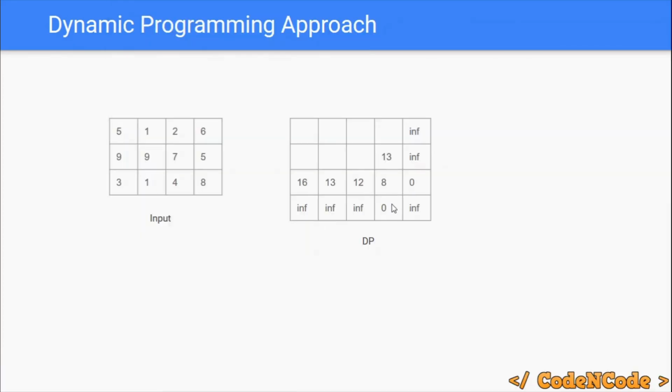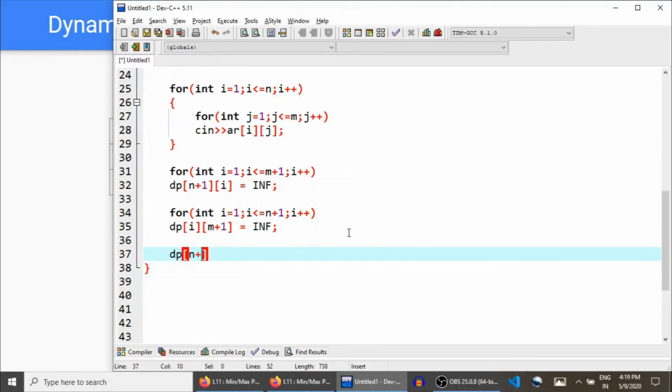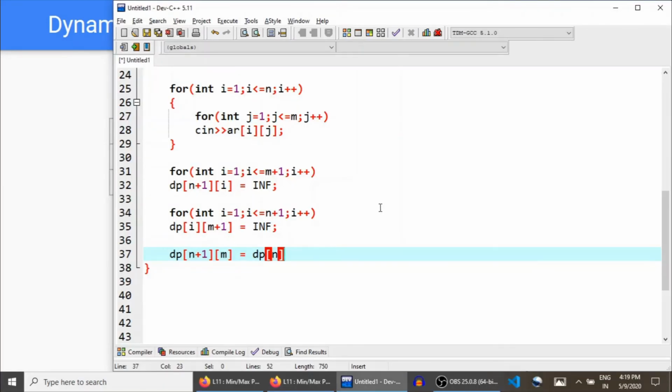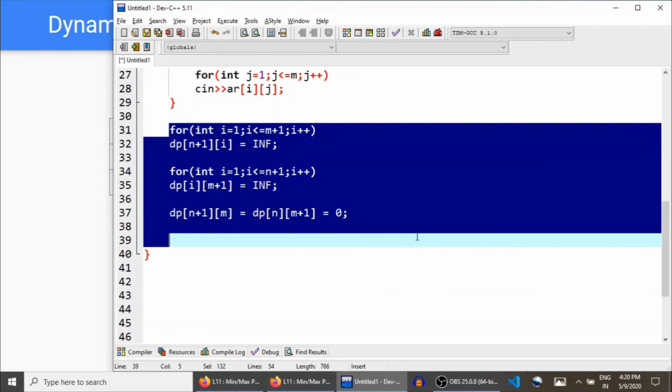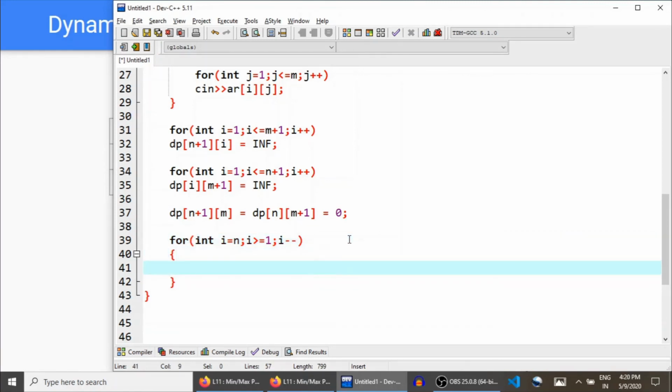Now these two cells, n plus 1 m and m plus 1 n, we fill with 0. So dp of n plus 1 m is equal to 0, and dp of m plus 1 n is equal to 0. Now this preprocessing part is done. Now you can start filling each row, starting from the nth row, going to the first row, column by column, and